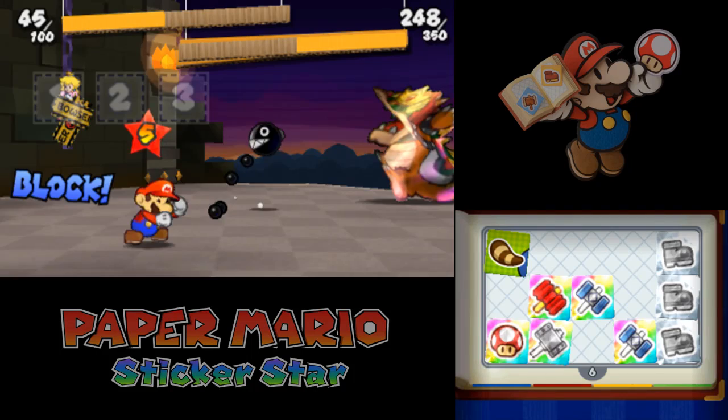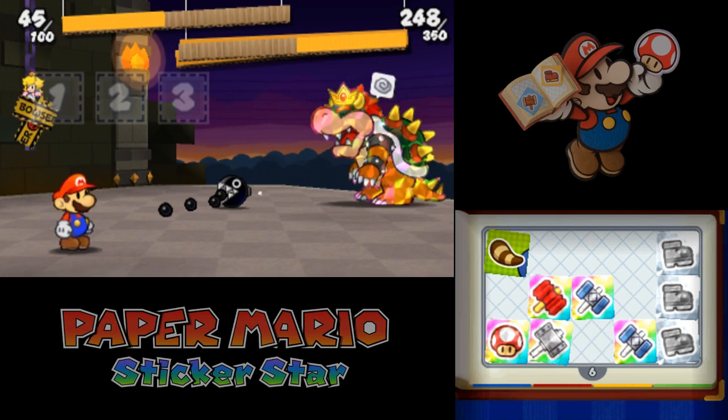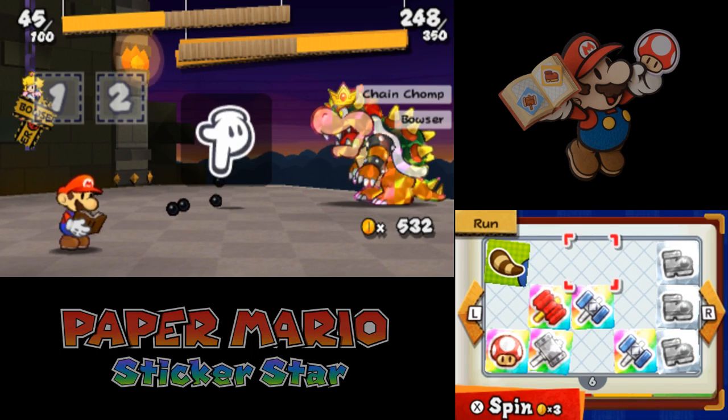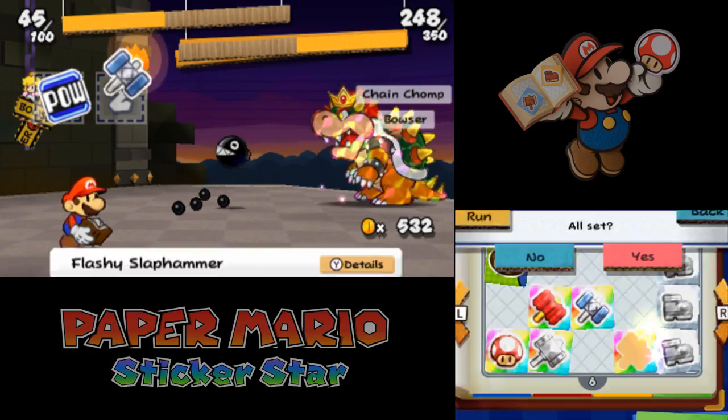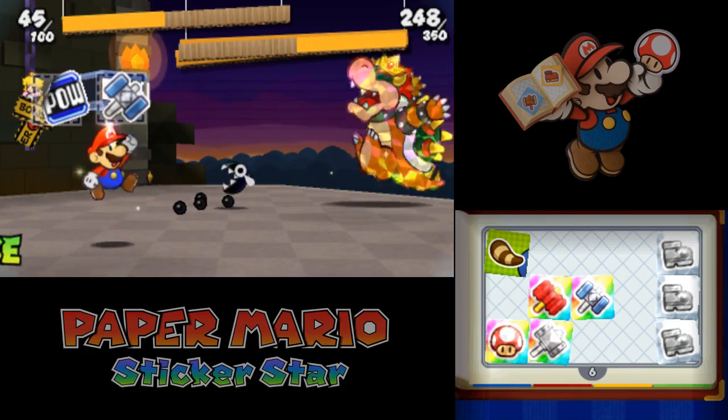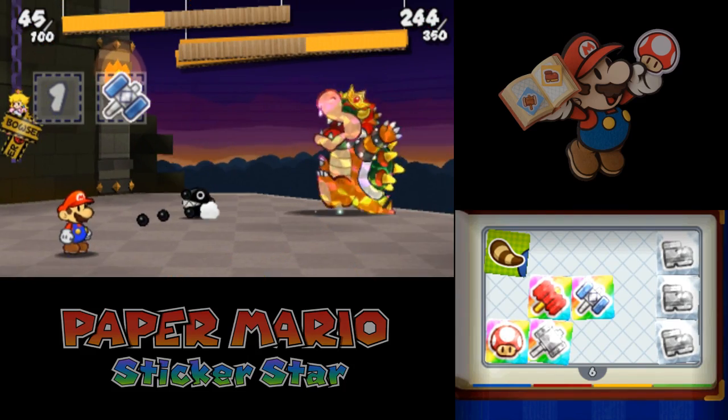So we're going to block, only take 5 damage, and eventually we will heal up because we do want to do that. But we're just going to continue our Power Block Flashy Slap Hammer barrage here because it really is very effective. And plus, the more you can crumple him, the more you can...